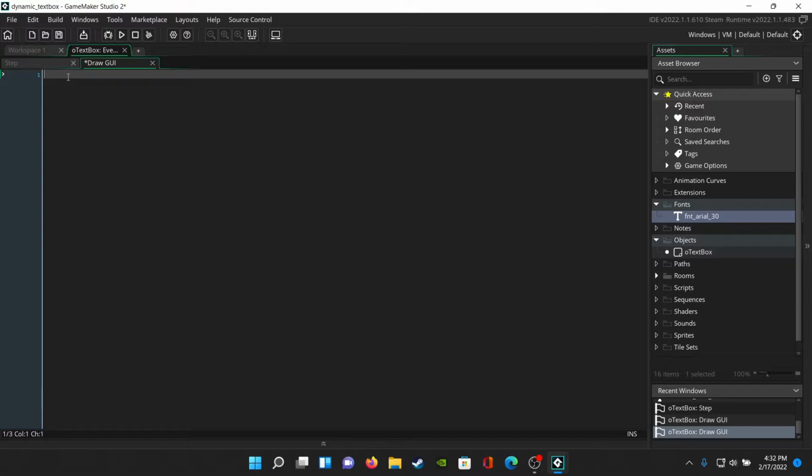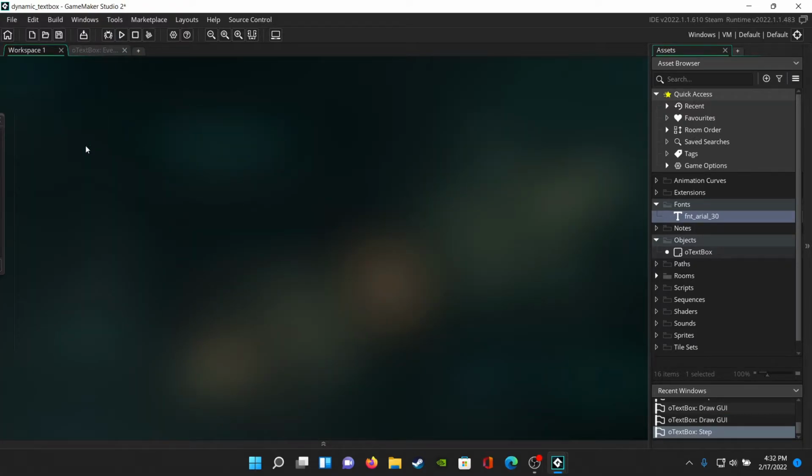It's only really made the most complicated part is drawing the background and the border, which, if you have a custom sprite for the back of your text box, you literally just need to draw that sprite where you want it. But then you would need to set variables in the create event